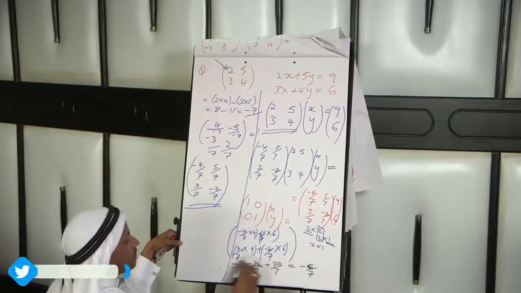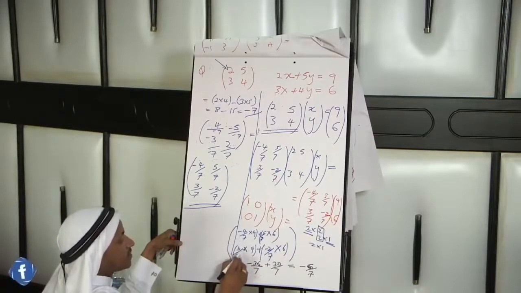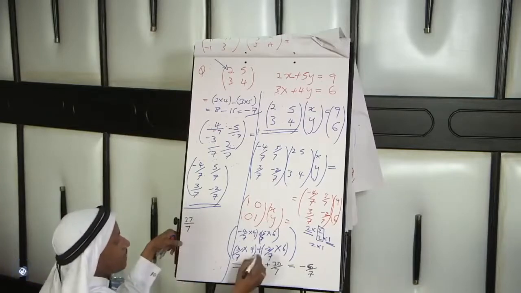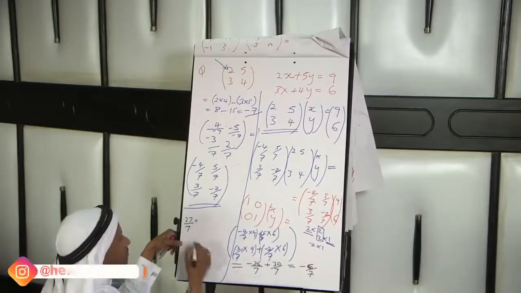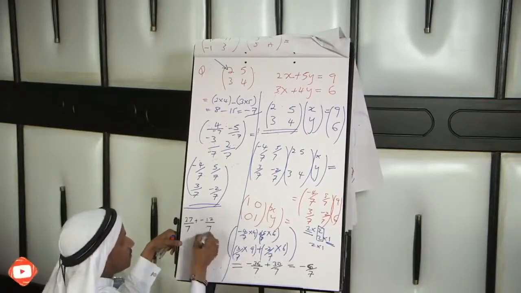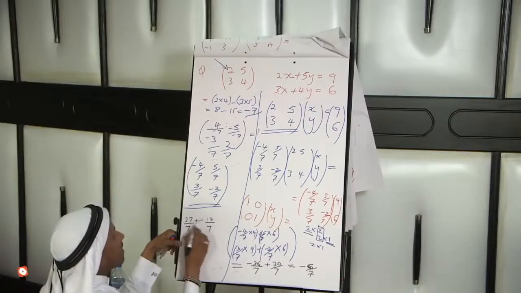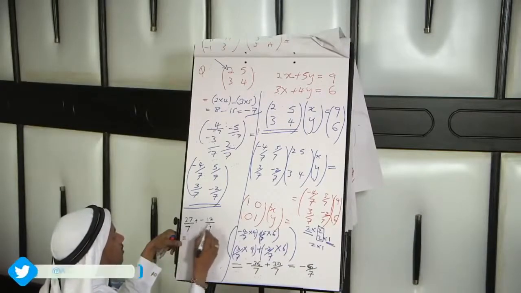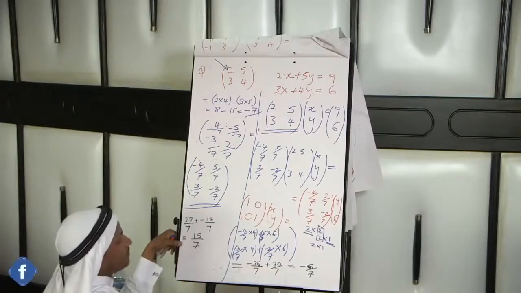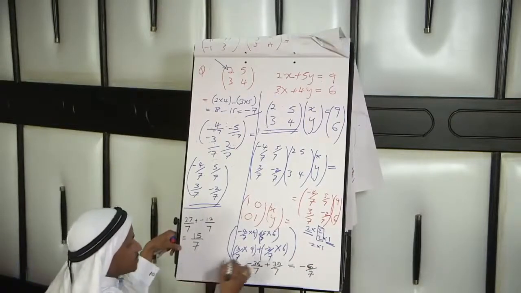Then you solve the other one here. Just come here so that we don't open the other page. 3 over 7 times 9 is 27 over 7 plus minus 2 over 7 times 6 is minus 12 over 7. This one you get 27 over 7 minus 12 over 7, you get 15 over 7. Therefore, the values of x and y, we have